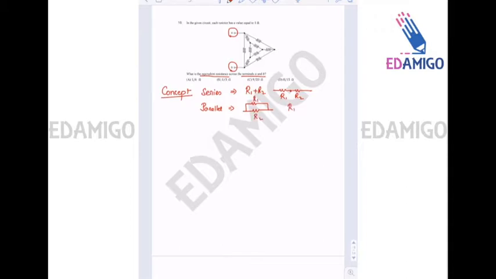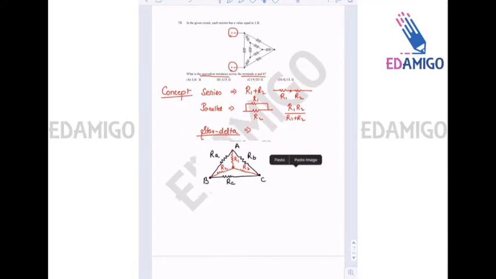The equivalent is R1 into R2 divided by R1 plus R2. Okay, but the third one is very important. That is star delta. Okay. So for example,